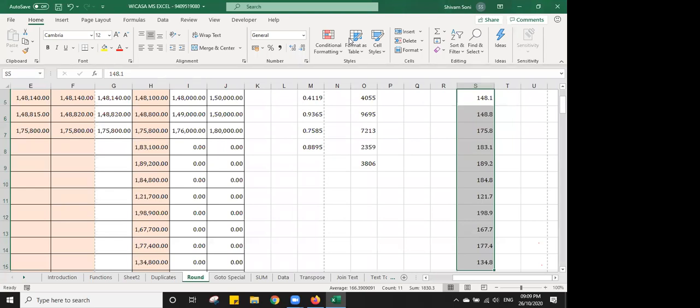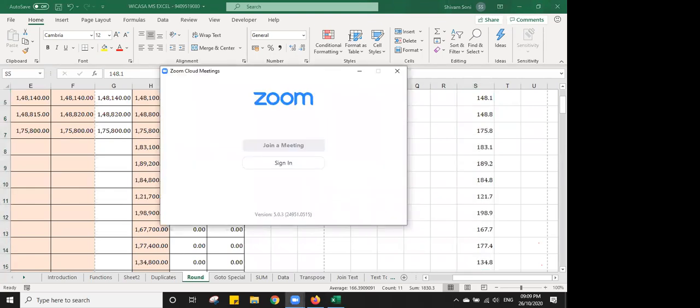Simply take a file and practice it. Whatever you can think of, just give a formula and try it. If it doesn't come, you can Google it. You can get PDF files. You can download the PDF from Google. You can search for a PDF on MS Excel. You can get MS Excel 13, 16, 19, 365. For every function you can get a PDF file on Google.